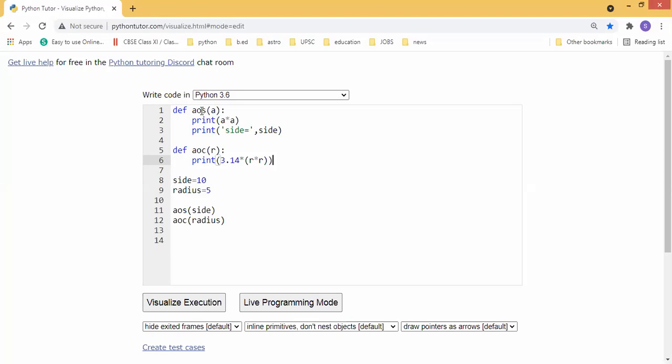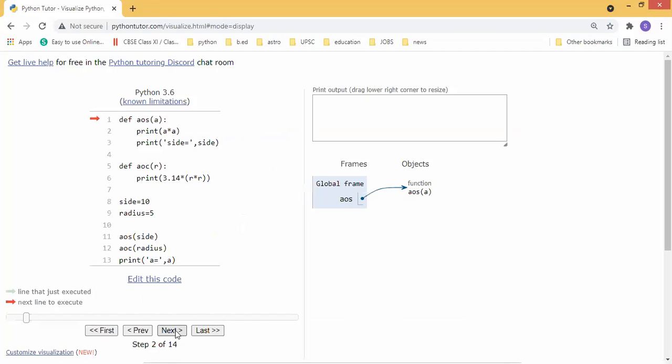Okay, but I am going to use that variable a outside the function. After finishing everything, I am going to print that variable. Print a equal to a. I'm trying to access that variable. Now you can see what will happen, right? This is a global variable. You can use it anywhere in the program, even in the functions. Understood? But this a is a local variable. You cannot use it outside the function. So see the execution.